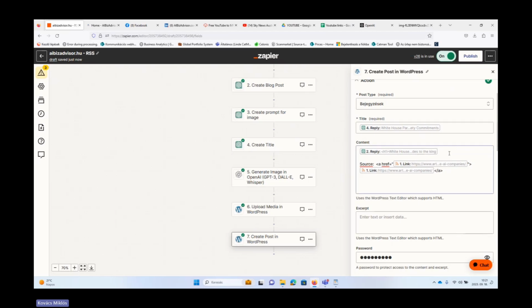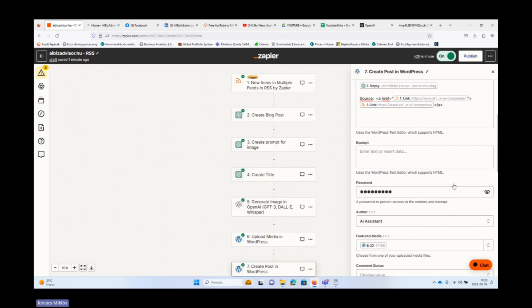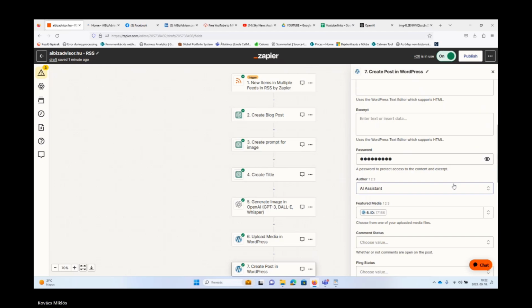And then what you're also gonna do is refer to the original content. I try to make it nicely in a hyperlink format. This is why you can see it here, but basically what you can see here is the link of the original content. So it's from step 1, right? And this is the link. And then I'm referring to the original content. It's very important, obviously.